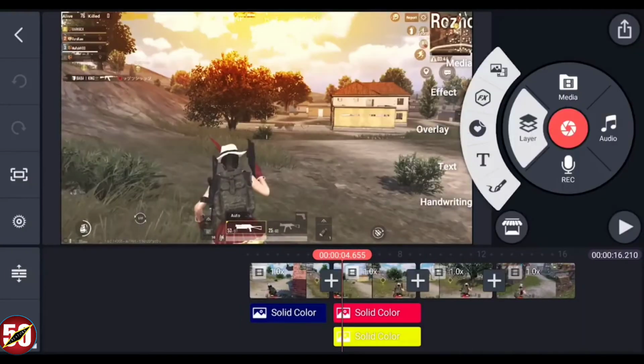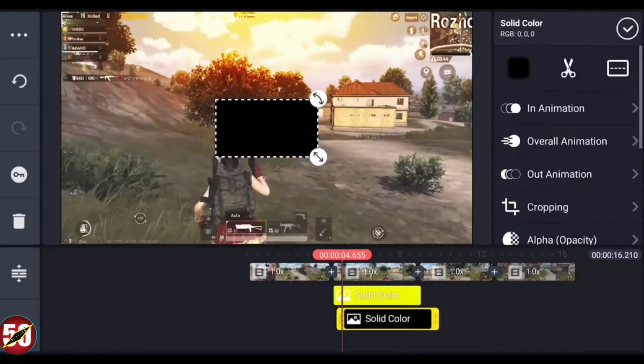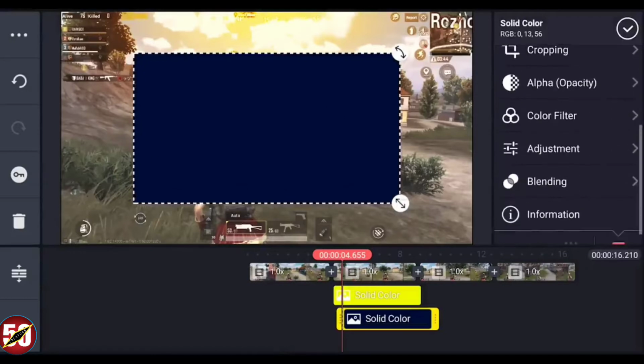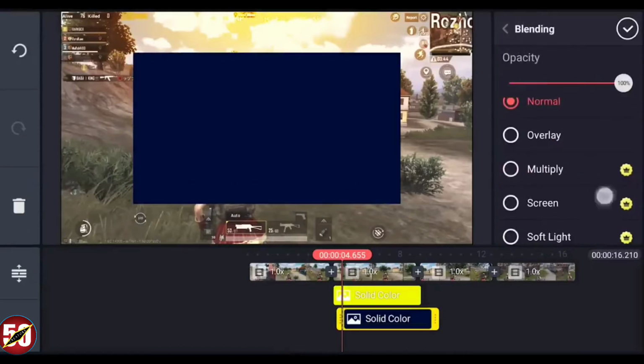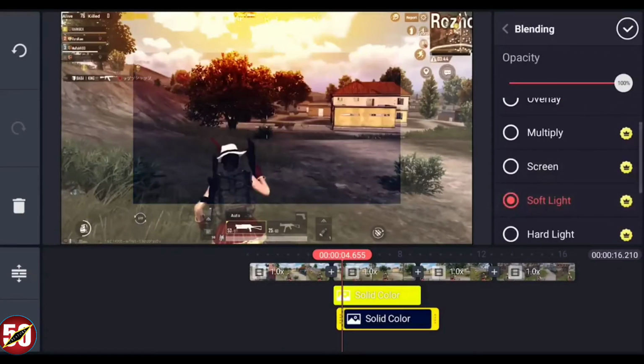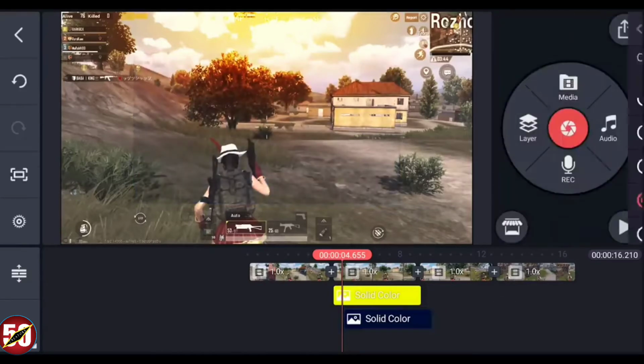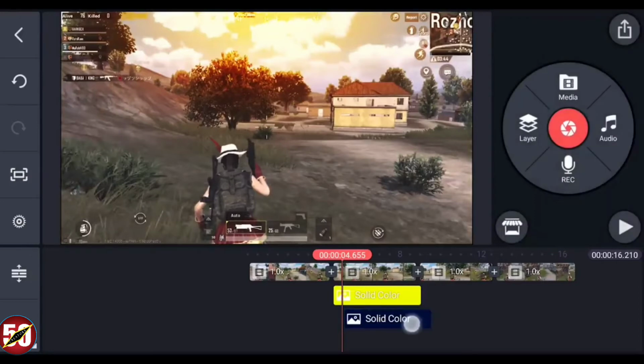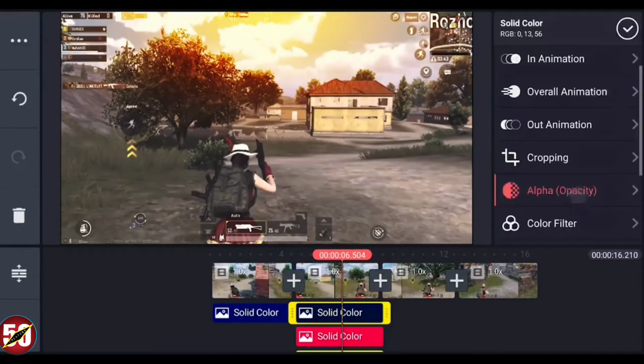Now again add another background and change the color to dark blue. Change the blending mode to soft light and decrease the opacity to around 50%. I think I will increase the opacity a little, somewhere near 60.